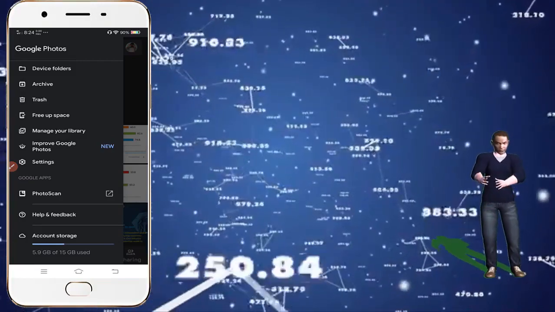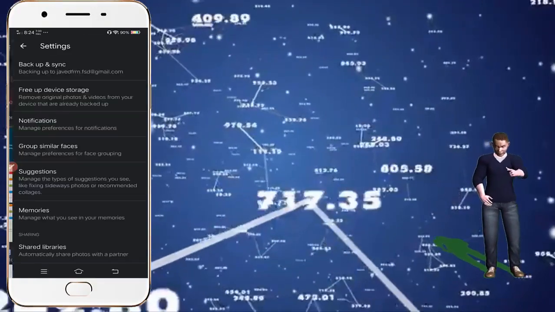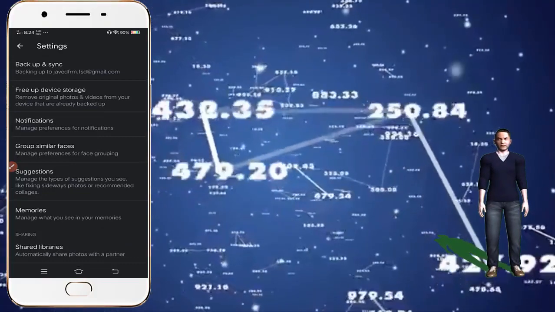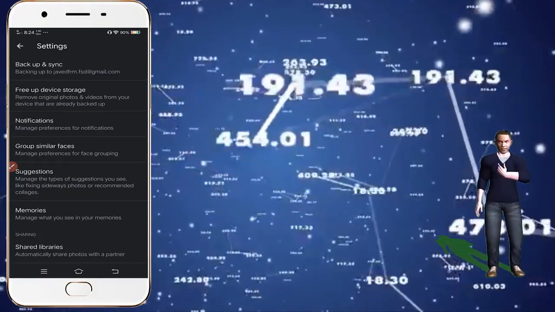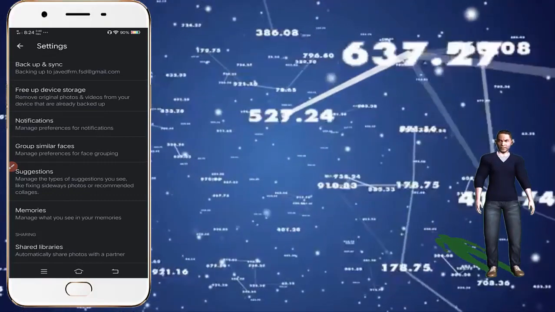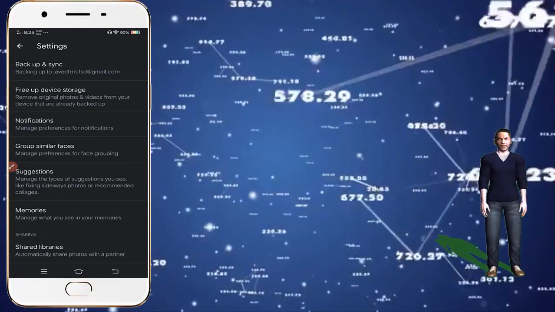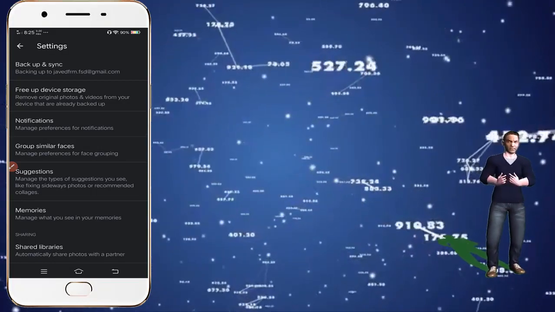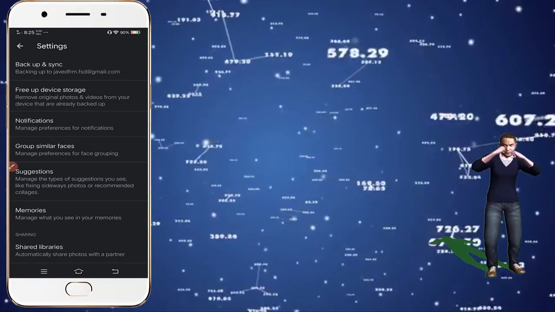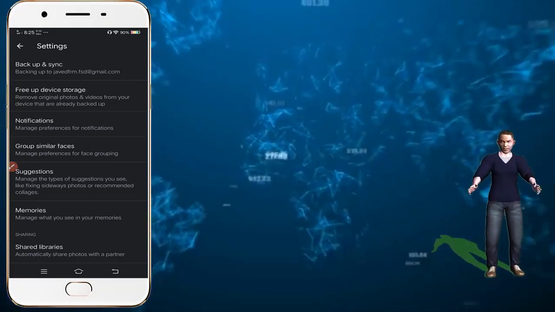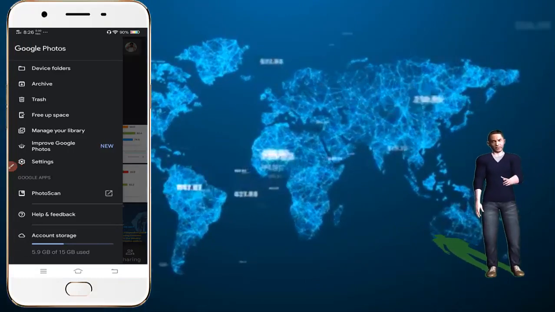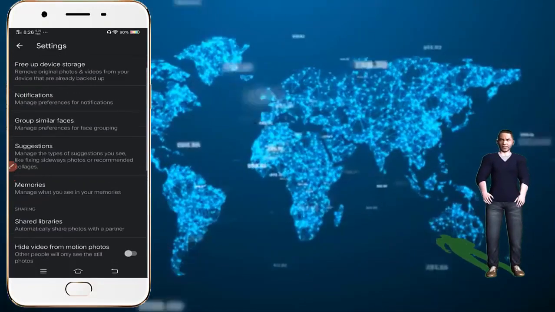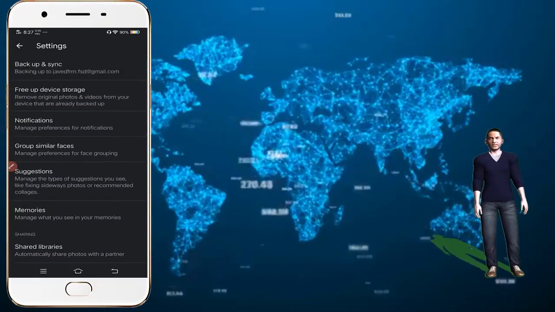The other really important option is settings. When we click on it, lots of options are available here. The first option is backup and sync, and when we click on it, it will automatically back up your camera photos, but you have to give your email account, which is automatically logged in when you open Google Photos. Now the next option is settings. When we click on it, as you can see, lots of options are available here. Now let me give you an idea one by one.